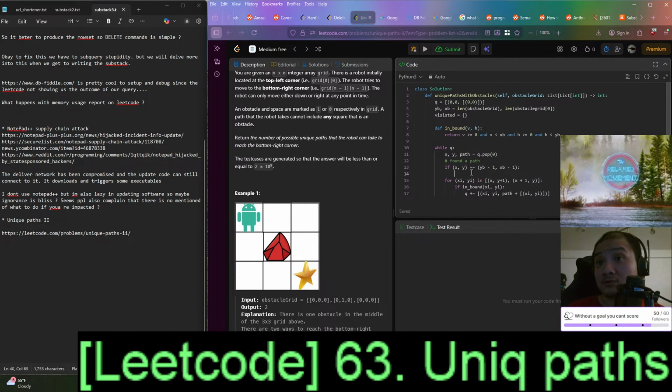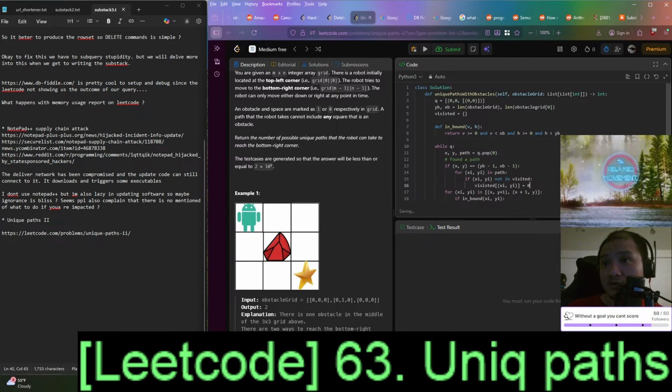So for x y in path, if there is not in our cache, right? Not in, and we have visited up this path, go to 0, and then we just visited plus equal to 1, right?